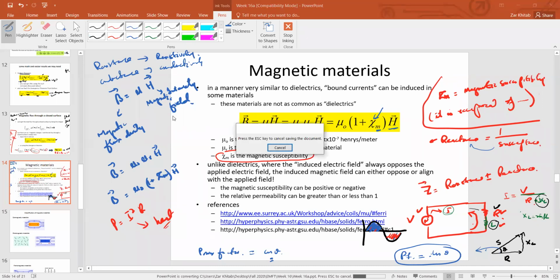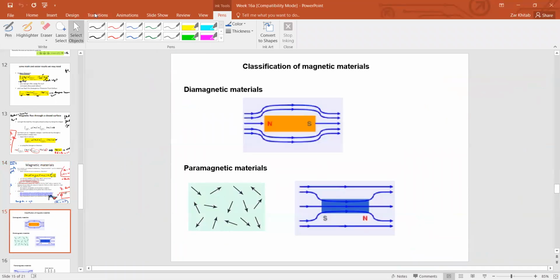some of its effects on materials. So if you have a diamagnetic material and some external magnetic field is here, if mu r is low,